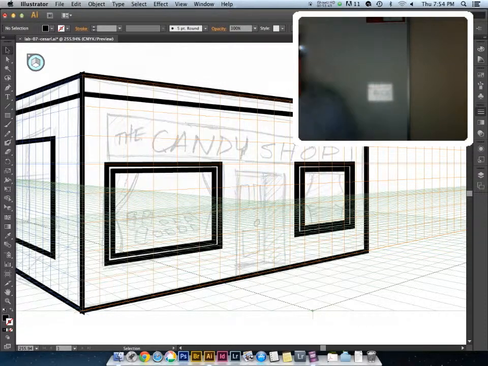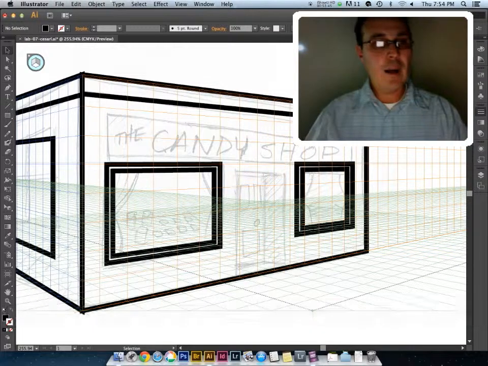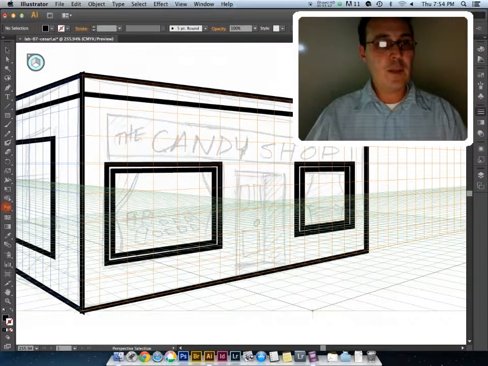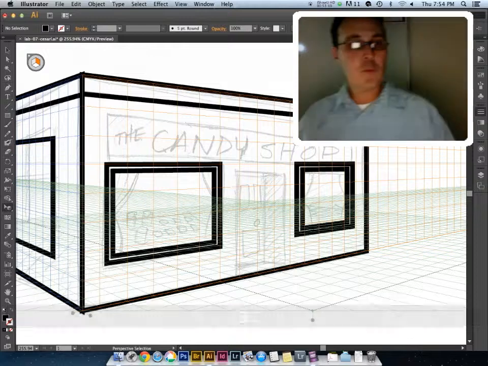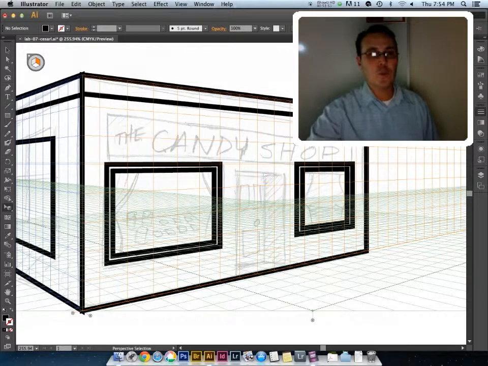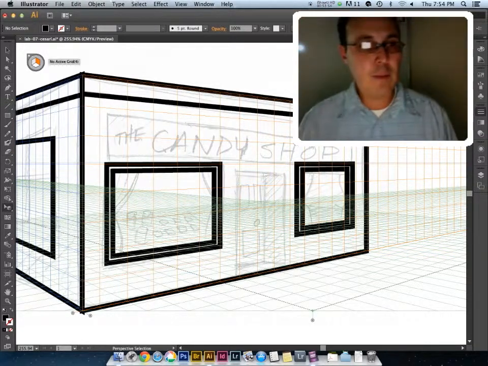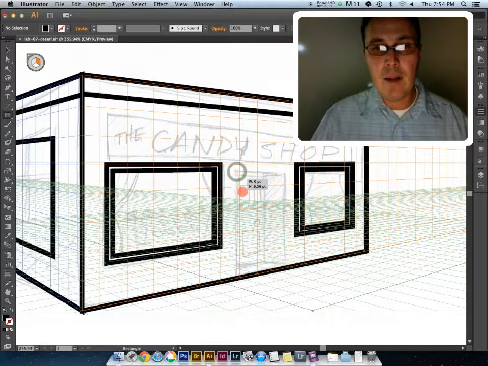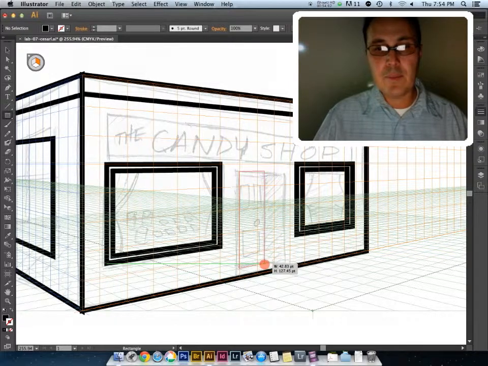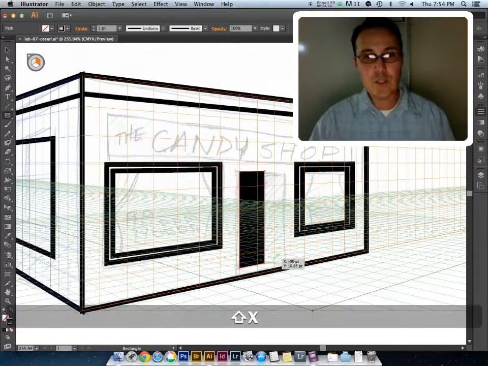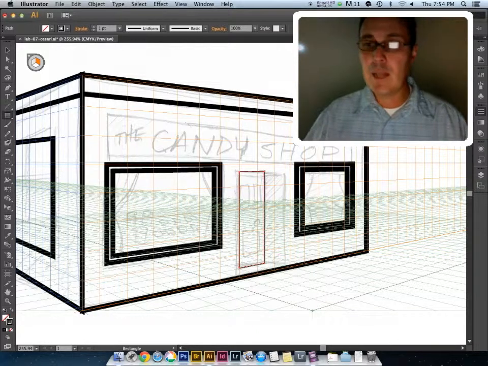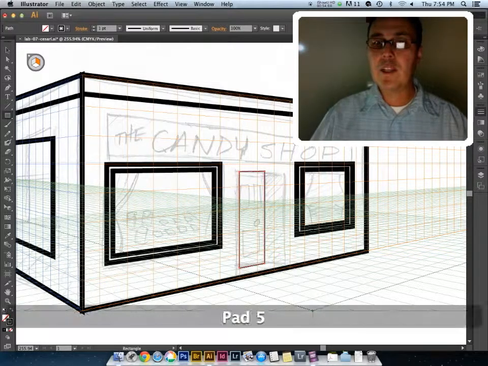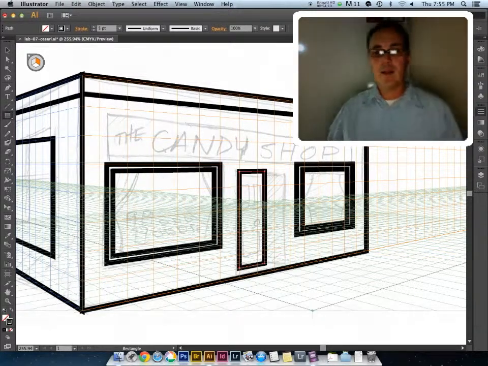So I'm going to switch over to the right plane by hitting, well, you have to be on the tool, but if I hit the 3 key when I'm on the perspective tool, it quickly jumps over to the right plane. Now I can draw a door by simply dragging the shape there. Now, let me switch those because my type was filled black. So that's a door,